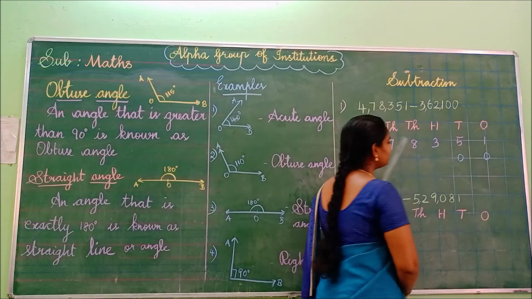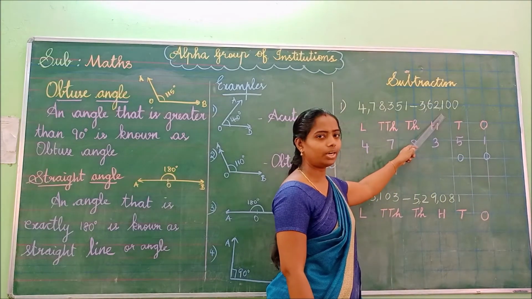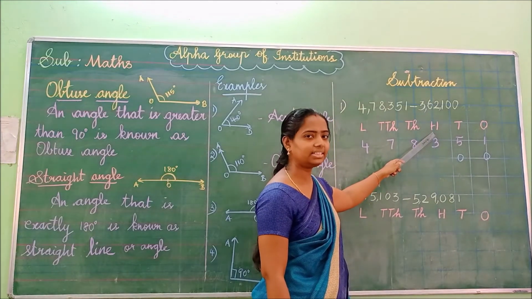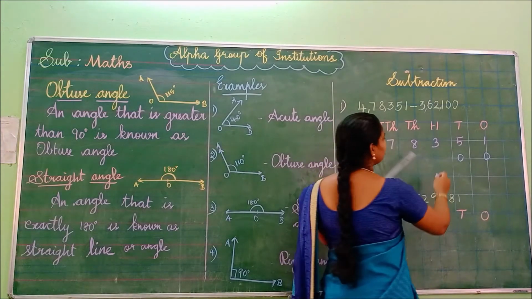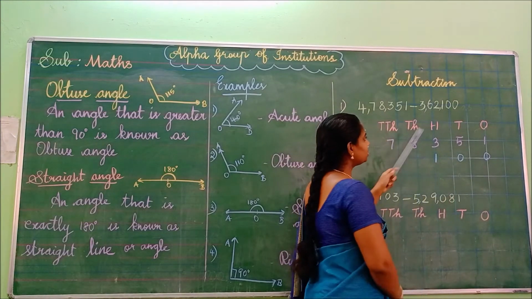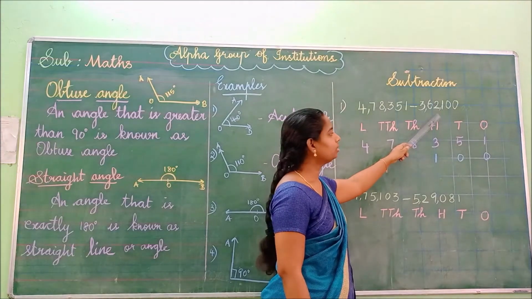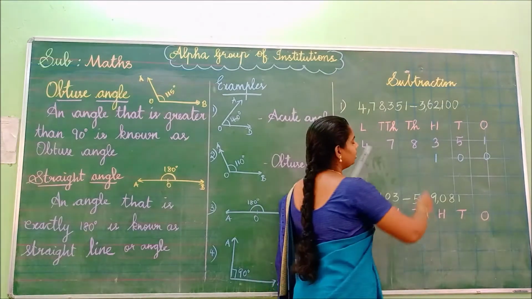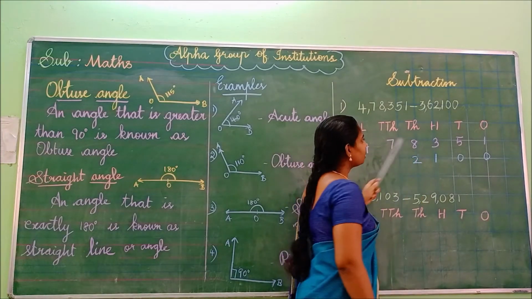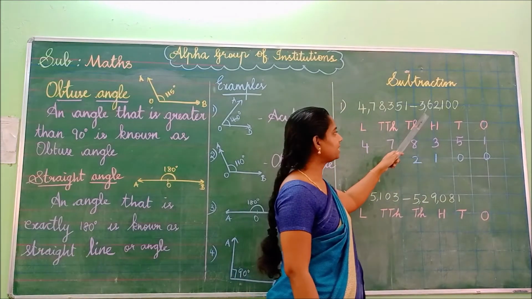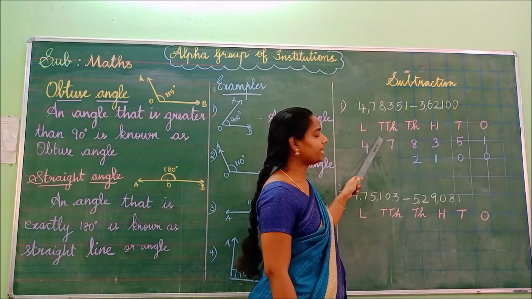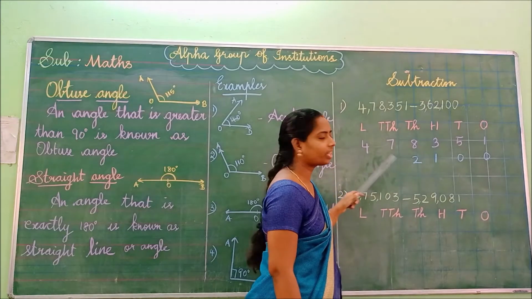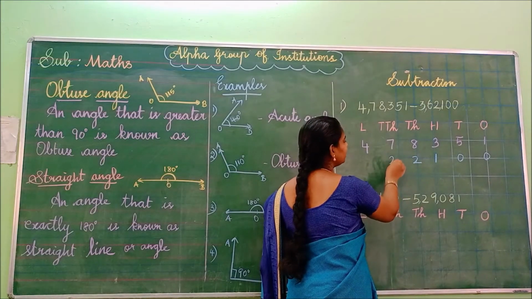Okay, 0. And then see what it is? 1. You have to place this 1 in the hundreds place. Okay, see here you have to write 1. Next, what is the number? 2. Okay, 2 you have to place in the thousands place. Next, 6. Okay, it is place value for 10,000. You have to place 6 in the 10,000 place.